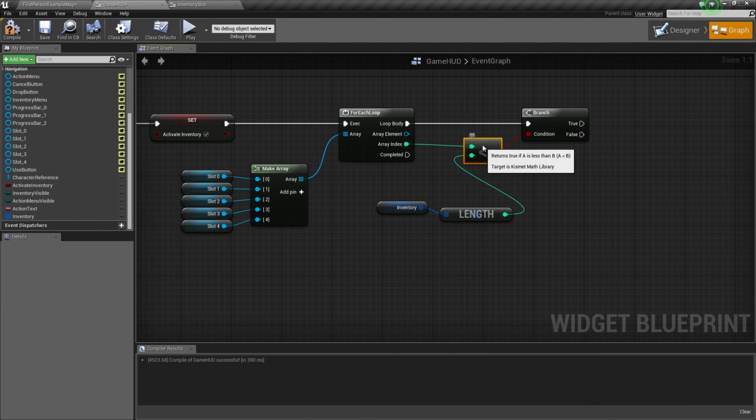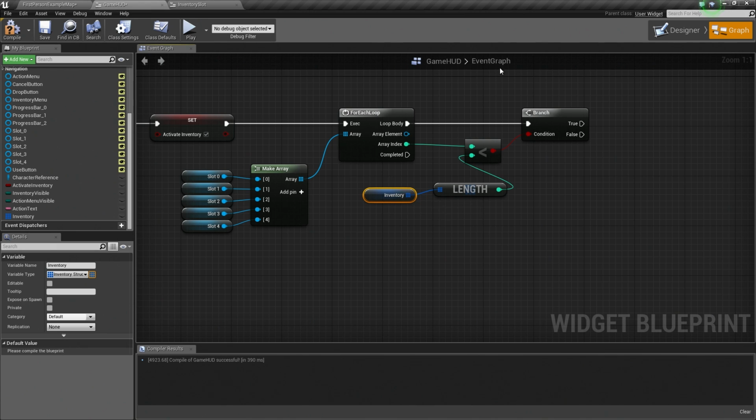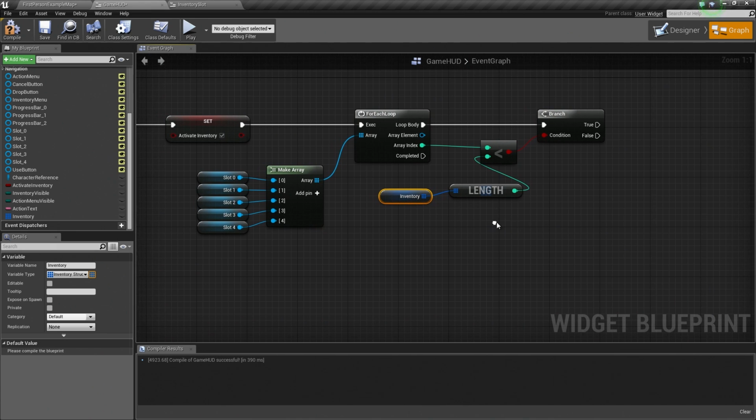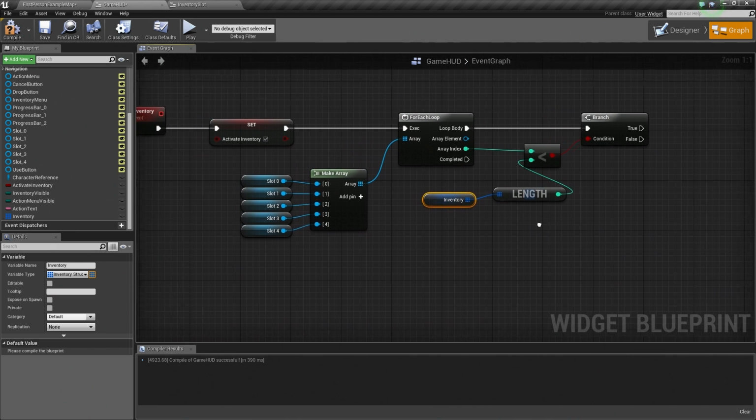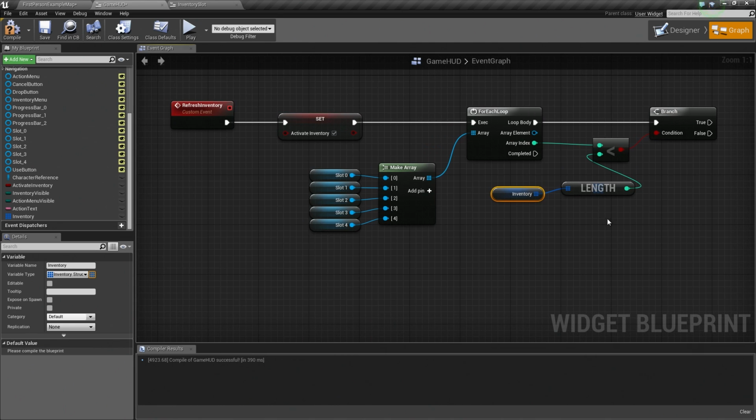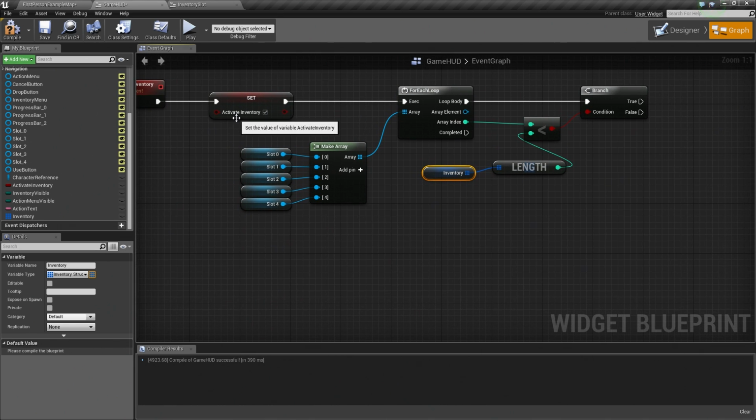So before we continue, I'll explain what's happening here. I know I was going to create the whole thing, but maybe we'll break it up into bite-sized chunks and explain what's happening. So what we're doing is we're going to call a custom event. It's going to allow us to activate our inventory so that we can display it. For each of our buttons, what we want to do is check how many things we have in our inventory.